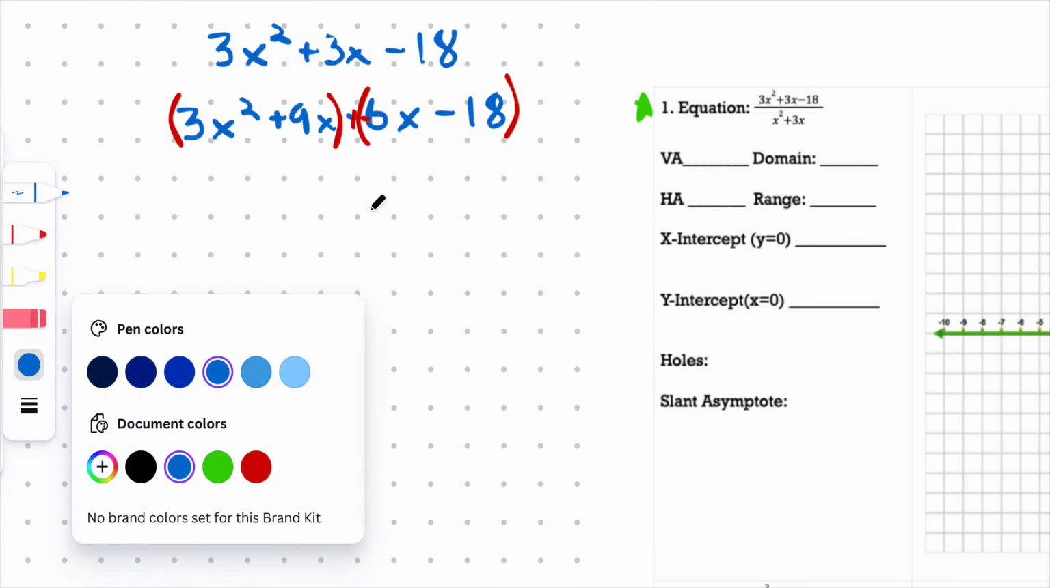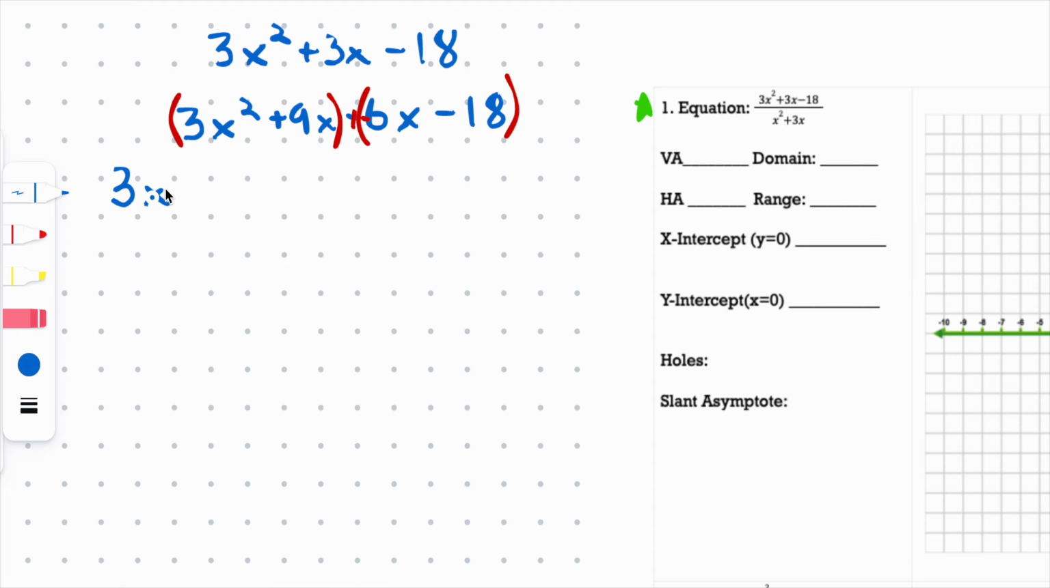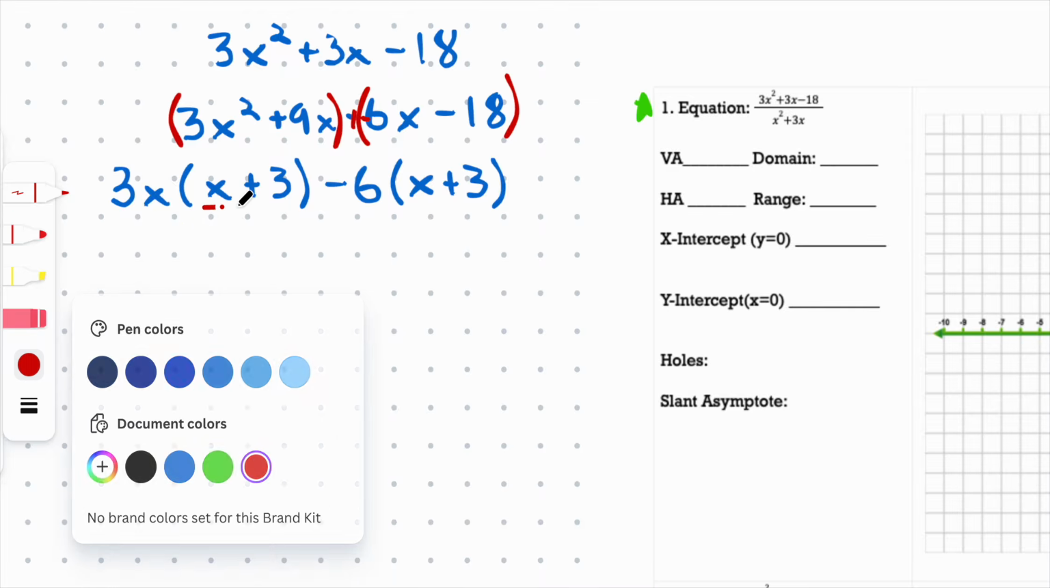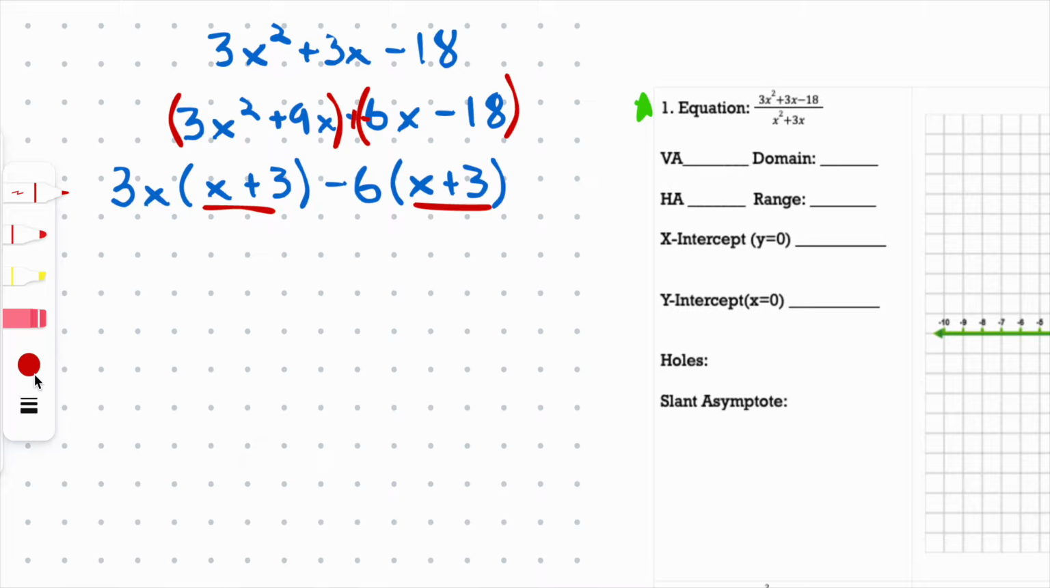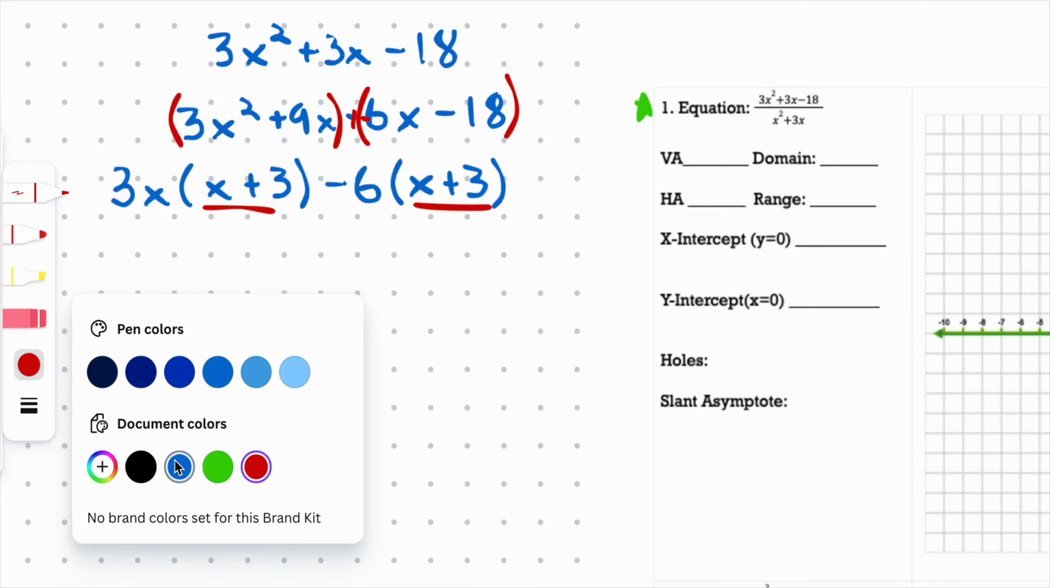And then at this point, I'm going to do factor by grouping. So what's the greatest common factor out of this first parentheses? Well, that's going to be 3x. And what are we left over with? X plus 3. And then what's the greatest factor we can take out of negative 6x minus 18? That's going to be negative 6. And then we're going to be left with x plus 3. And so at this point, we have the same parentheses here. So we can rewrite this as